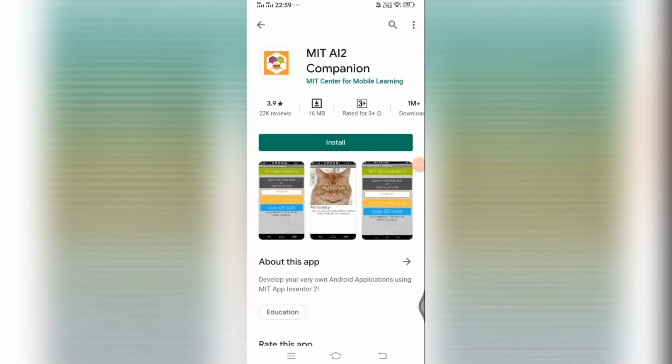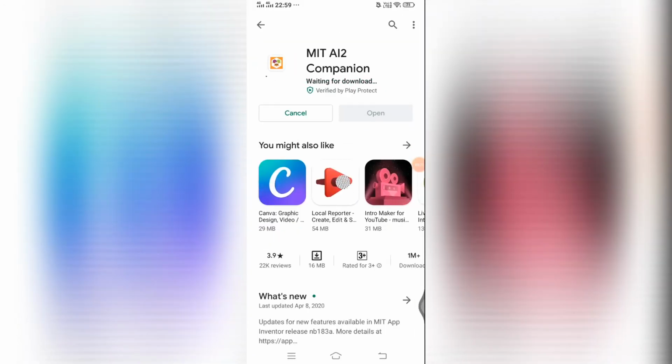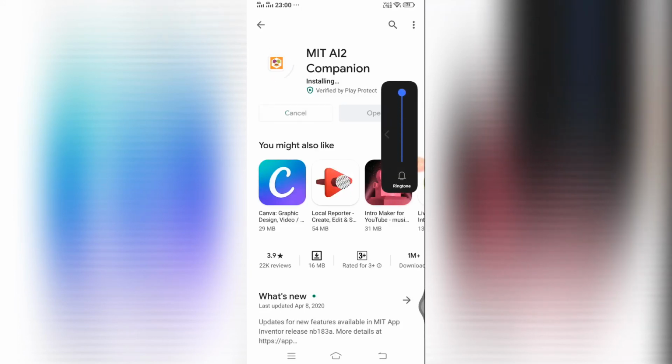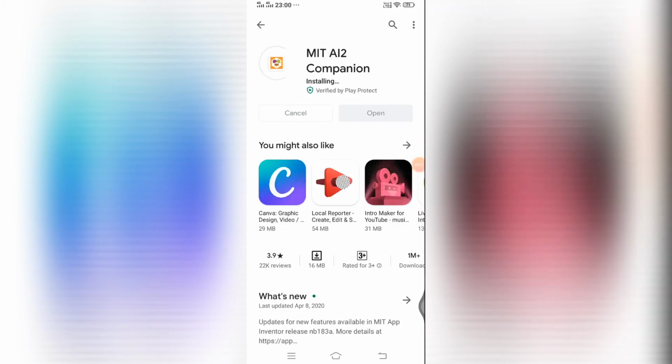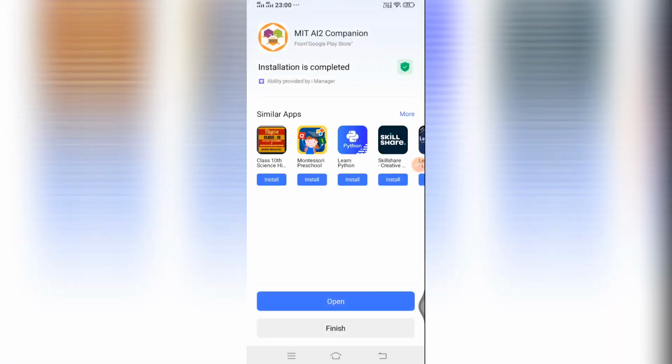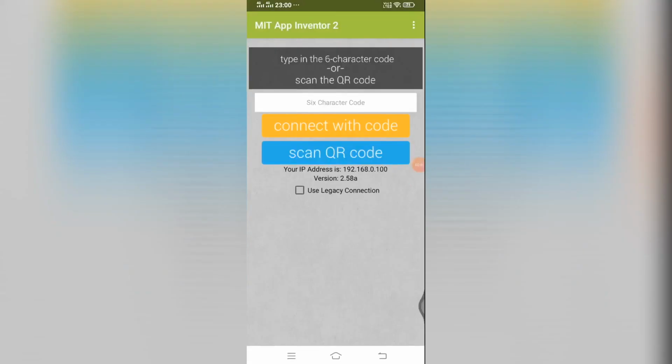I will click here and I will install this on my mobile phone. It's just simply installing, it will take hardly any time. Okay, it's done. Open. Now you will see the options are coming.